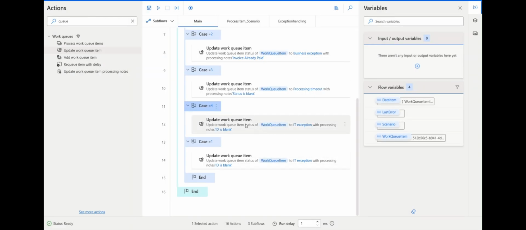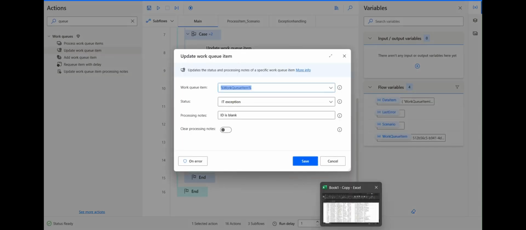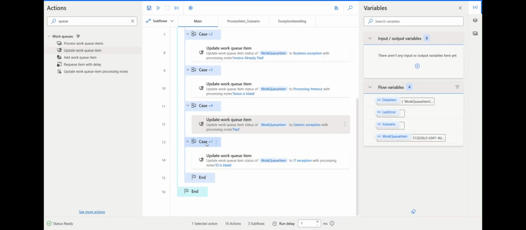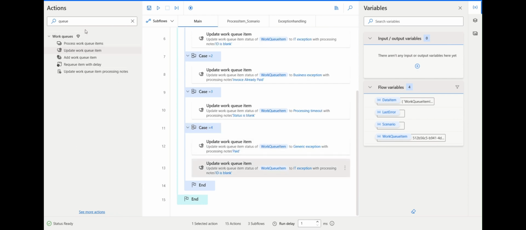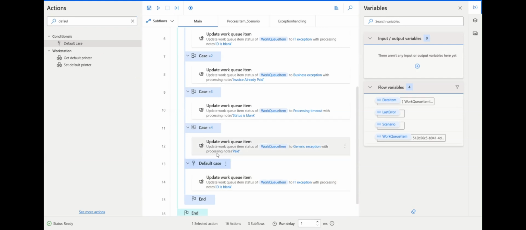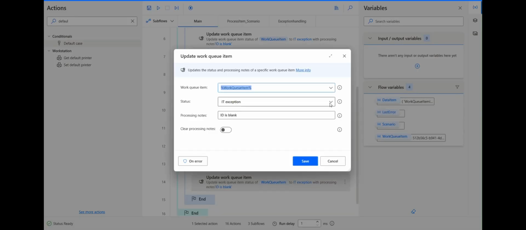You can build your own logic, and I'll be making a full project end to end where we'll use queue, where we'll use exception handling, and where we'll also see how things work, how we mark the exceptions. So in generic, we'll say that it is paid, and then it is last, or we can just define it as the default case also. So here I'll use a default case where item will be processed and processing notes will be processing amount, and amount will be picked dynamically from data item